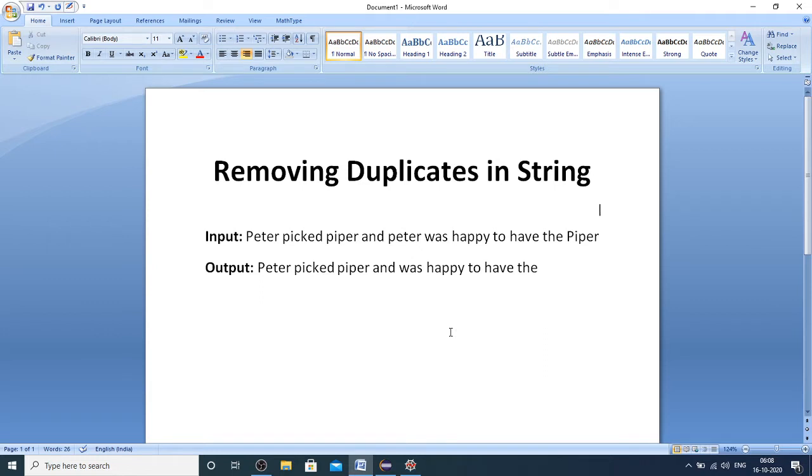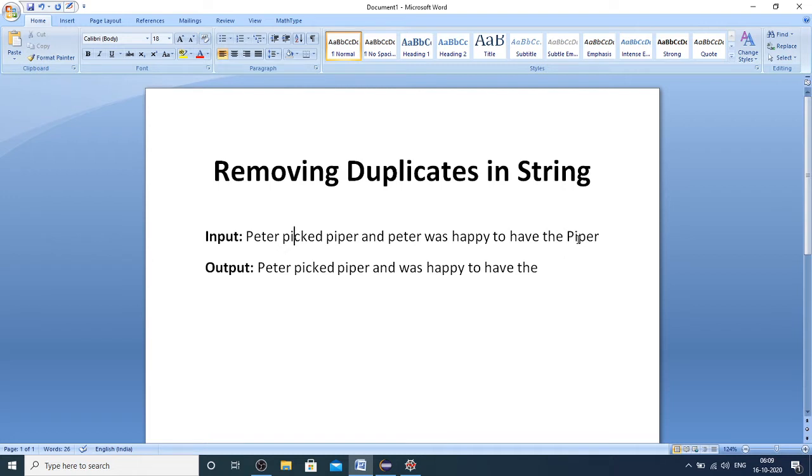Here you can understand it from the example. Here you can see the input: Peter picked Piper and Peter was happy to have the Piper. In this, the first word Peter and the fifth word Peter are same, but the case is different. Likewise, the third word Piper and the last word Piper is also same, but with case different.